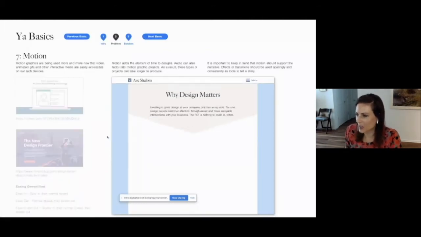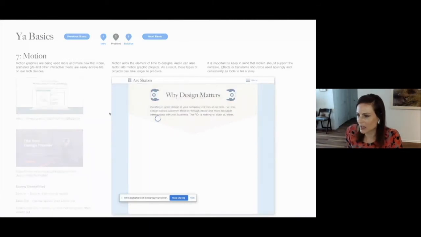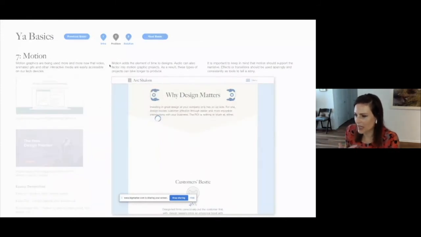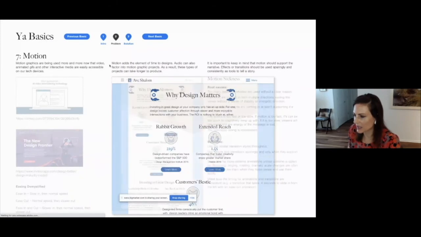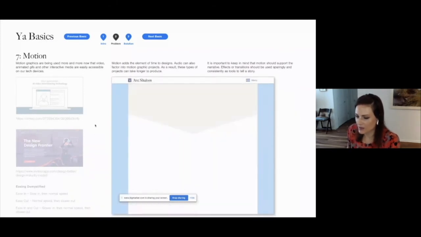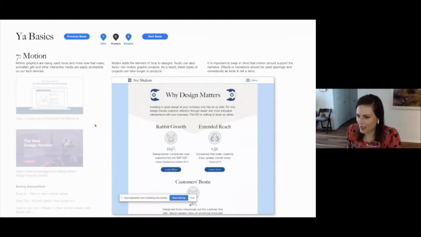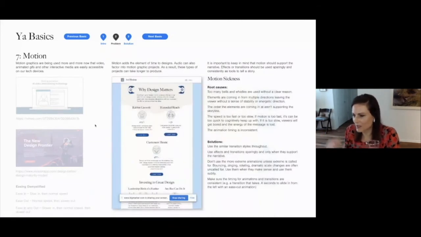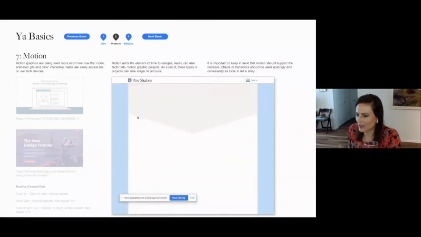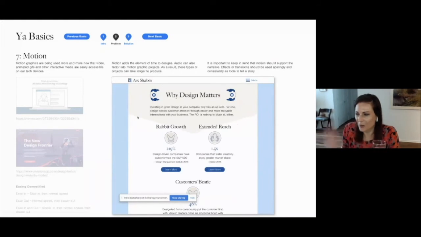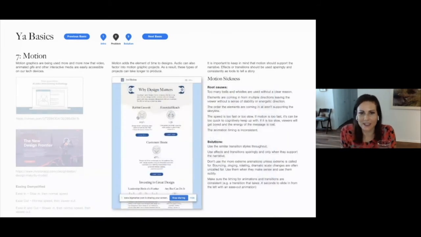So here's an example of just motion going wrong, and I'm going to replay this again because it's loading. But the second time, once it caches, it'll replay really nicely. Okay, so I designed this so I can get back. So you can see it's bouncing, rotating in, coming in from the top and the left and the right. It's just very unsettling and not consistent. And why is it bouncing? It's not like a ball coming down and bouncing. It's a headline and doesn't have anything to do with bounce.